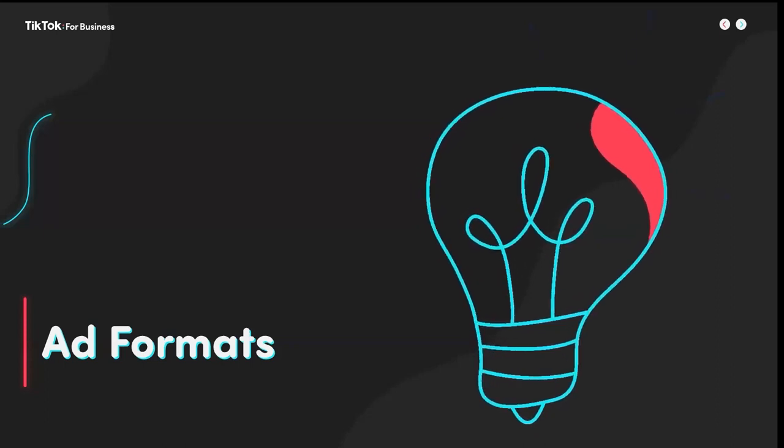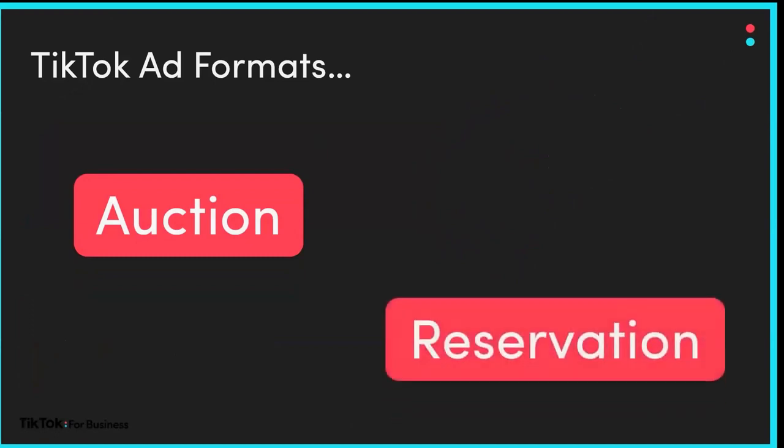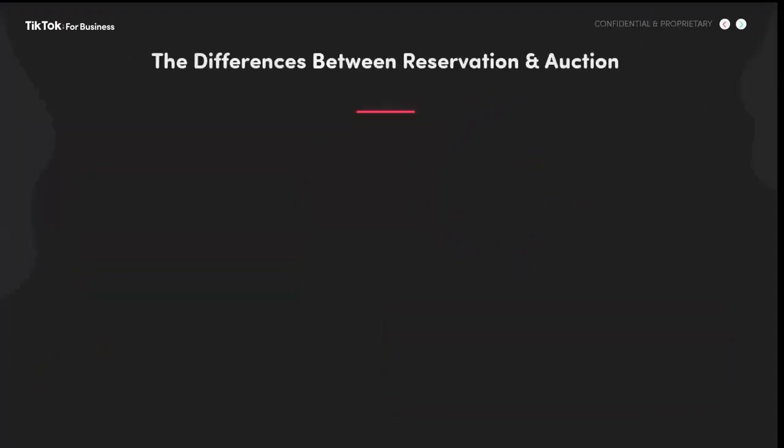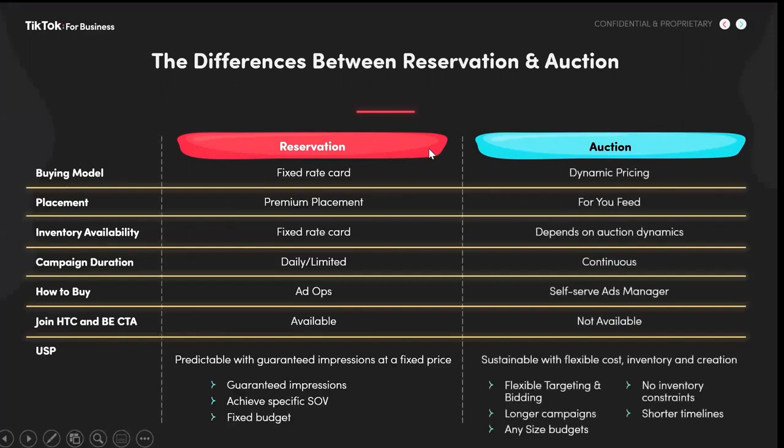So we'll start with ad formats. We have auction and reservation. What we've been doing so far with you is auction. Reservation and auction, the buying model is totally different. Reservation is more of a fixed rate. We have a price that we set for the campaign. You reserve a spot for the day, whereas with auction you put a campaign budget and the price is based on the auction price